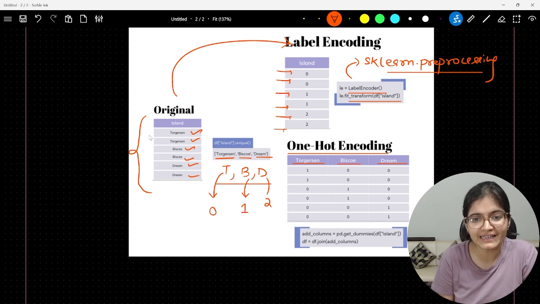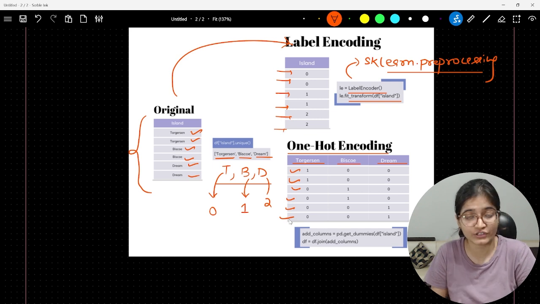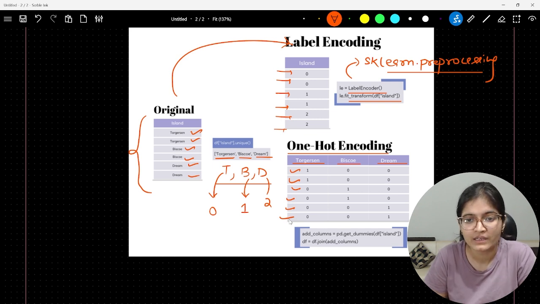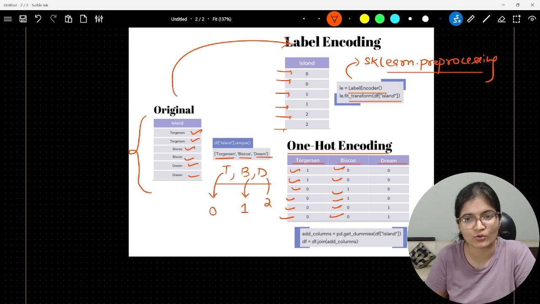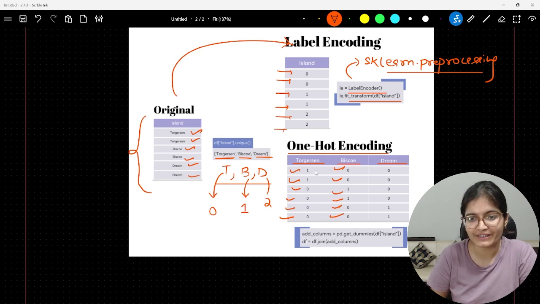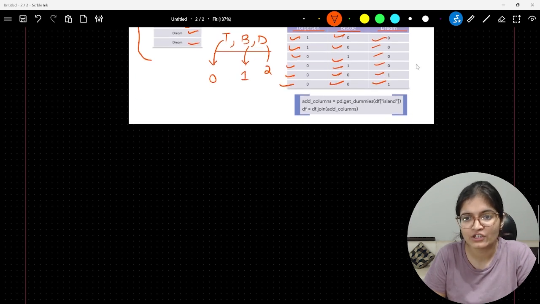Wherever, let's say, T is there, it will mark it as 1. Otherwise, for the remaining rows, it will mark it as 0. Same thing will happen for B. Middle 2 are 1s, remaining are 0s. Same thing will happen for D. All the values are 0, only the last 2 belong to dream, so it will be 1.